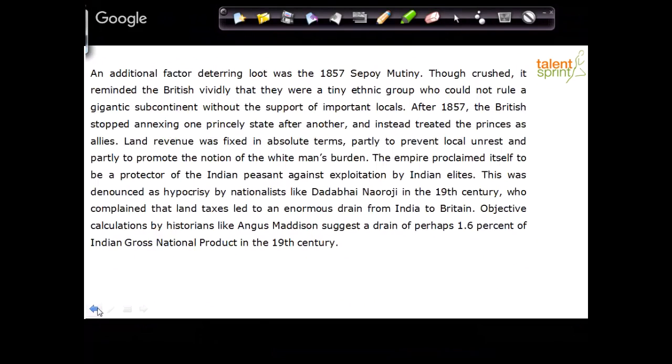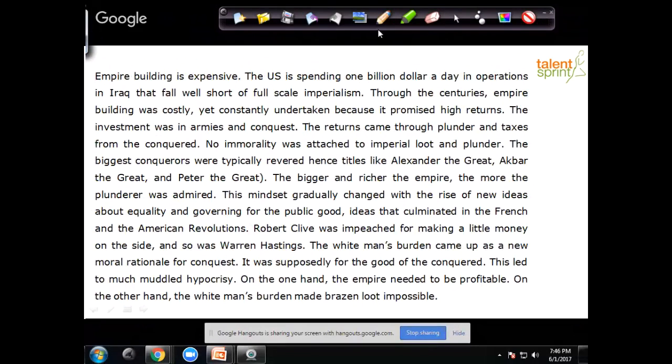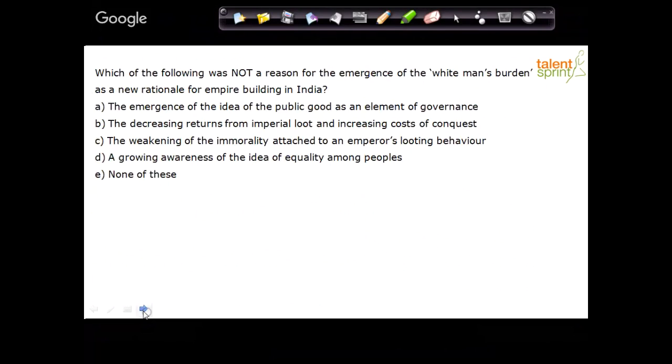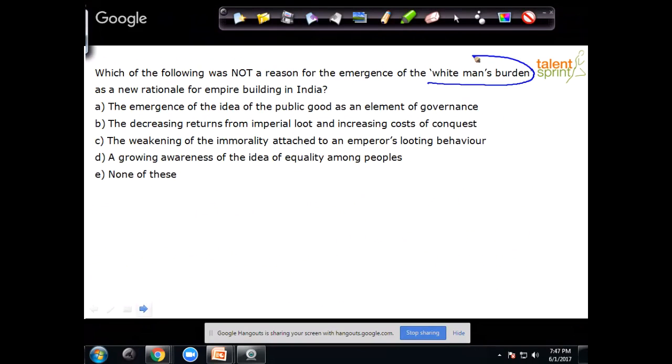So when you go back to the passage, since we've identified it, right, this is going to be a little annoying. Keep in mind another tactic I forgot to mention to you. Even in the options, identify keywords. So when you're relating this phrase, option A is talking about public good. Option B is talking about